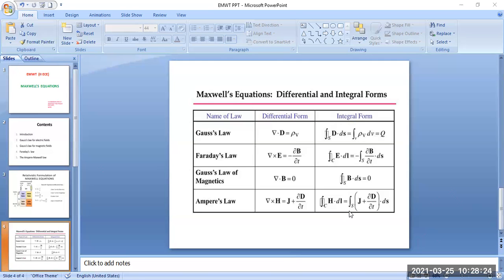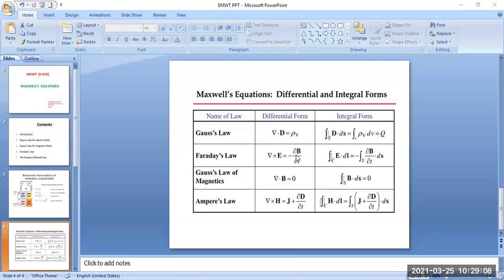Then finally, the Maxwell's equations for sinusoidal variations, or phasor notation. That means in Maxwell's equations, wherever there is a first derivative, it is replaced by j omega. If the Maxwell's equation contains a second order derivative, that is dou square by dou t square, it is replaced by j omega whole square, and so on.